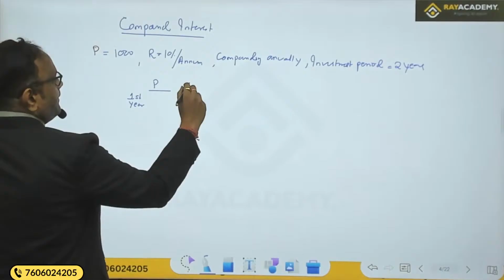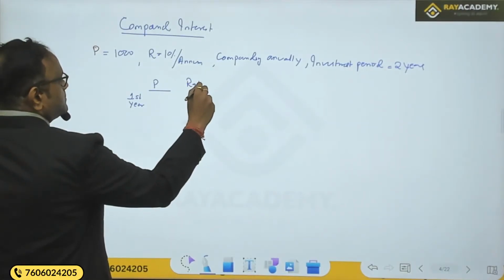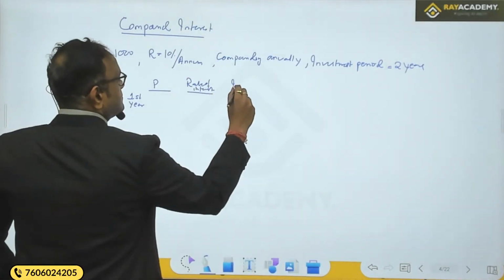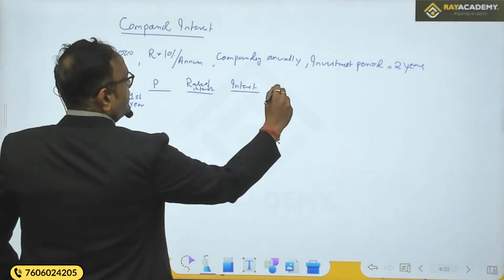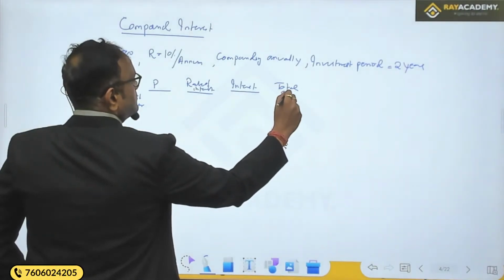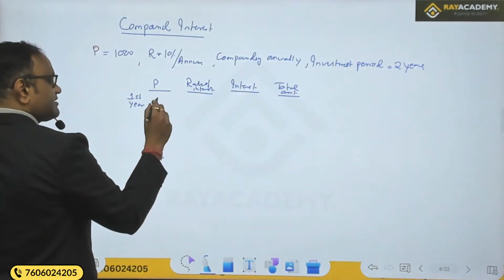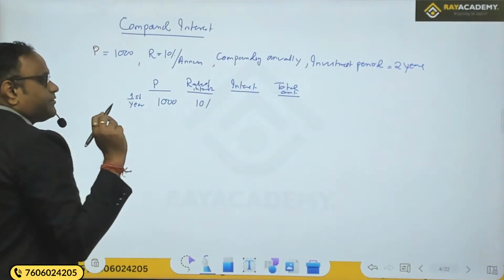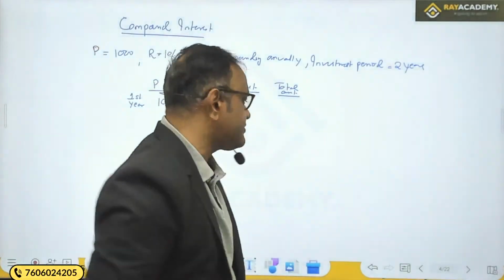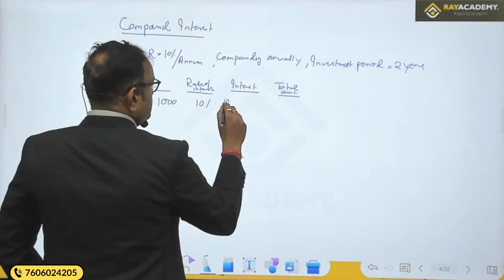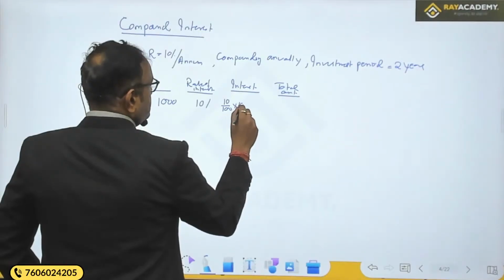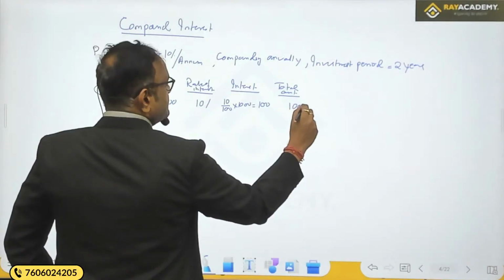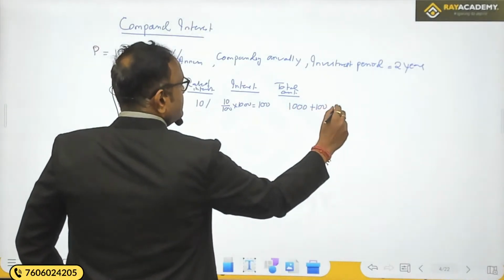Principal, rate of interest given, interest and total amount. Principal was 1000, rate of interest is 10%, so how much interest will it be? 10% of 1000, same calculation, 10 by 100 into 1000, that is 100 rupees. Total amount will be principal plus interest, 1000 plus 100, that is